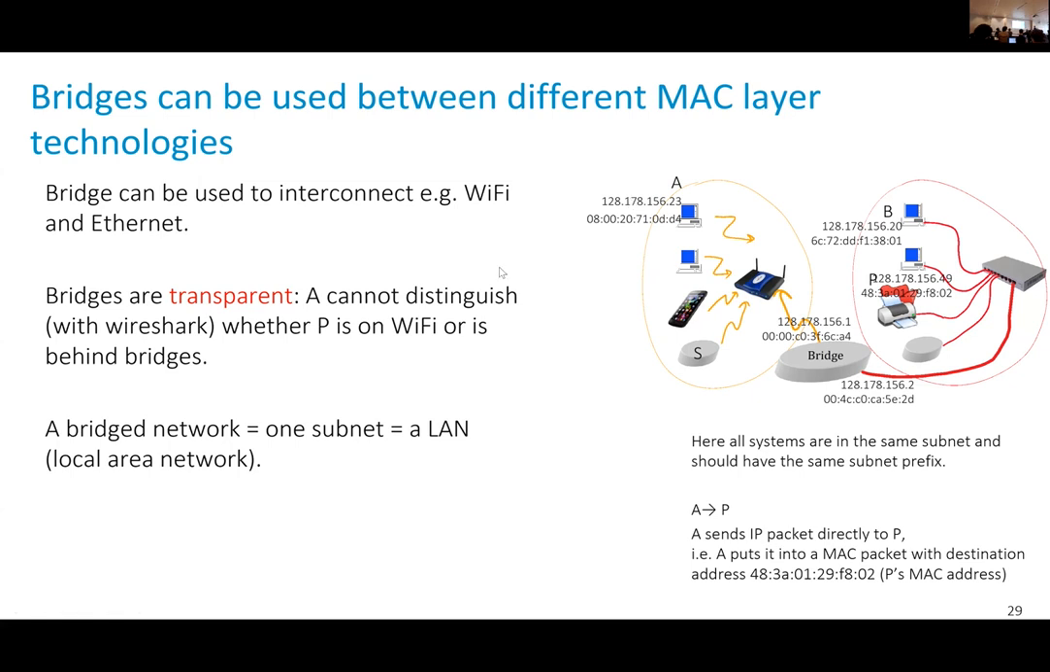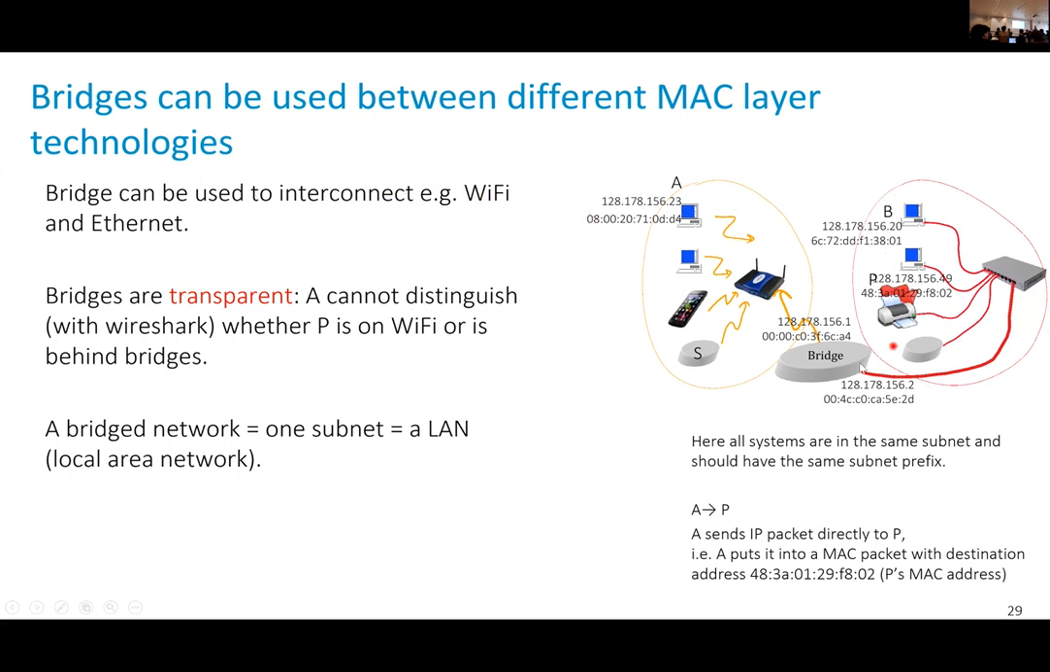In fact, bridges are transparent from the viewpoint of IP. So when B sends a packet to A, there's no difference for B whether A is on the same Ethernet switch or not, if it's connected via bridge. There's no difference. B sends a packet to the MAC address of A,